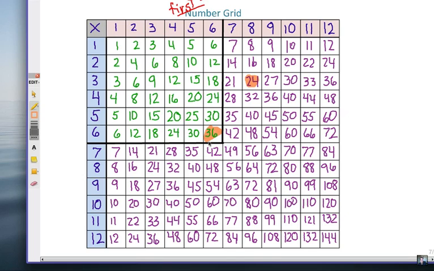36. 8 times 10, 80. 4 times 9, 36. 11 times 4, 44. 7 times 6, 42. 9 times 2, 18. 4 times 5, 20. 8 times 9,